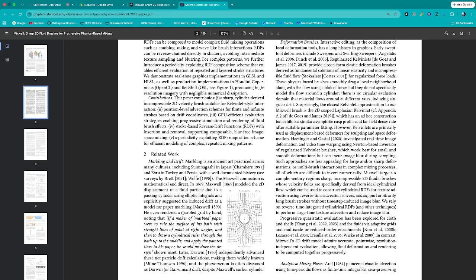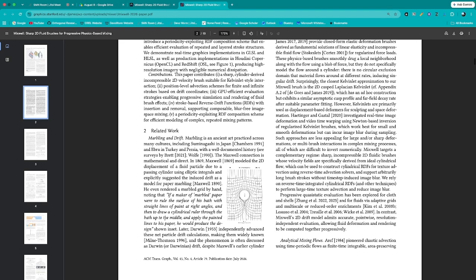He even rendered a marble grid by hand, noting that if a maker of a marbled paper were to rule the surface of his bath with straight lines of paint at right angles, and then draw a cylindrical ruler through the bath up to the middle, and apply the painted lines to his paper, he would produce the design shown